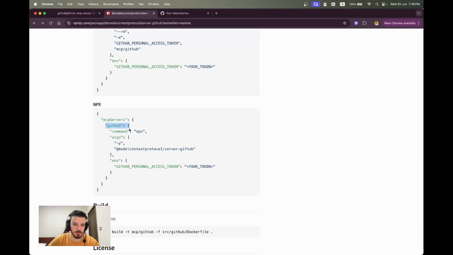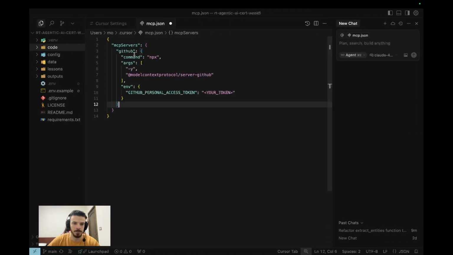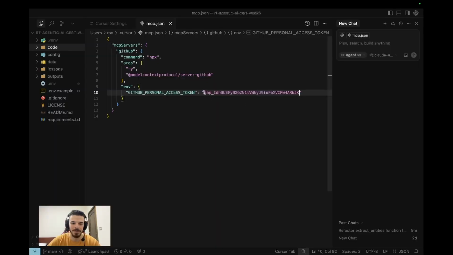So we will take this part and paste it in our MCP server. This means you're going to have a server called GitHub, and it will expose various tools to your AI agent. In order to run this, you have to provide your GitHub authentication token. I'm going to put it here so that we make sure this runs. You should not do this or push your secrets to a repo or record a video while showing this. But by the time this video is public, I'm going to revoke this token,